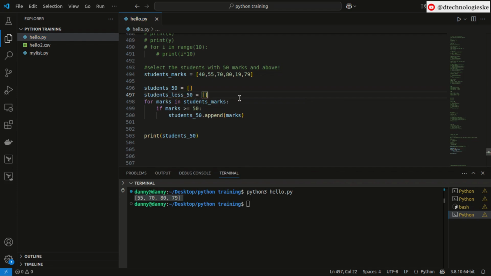Again, we take those who scored 50 and above on an outing to the mathematics contest. We would also want to have a meeting with these guys so that at least we can have a word and see where the challenge is coming in. So we would also want to have a list of those students. All right, so in our for loop here,